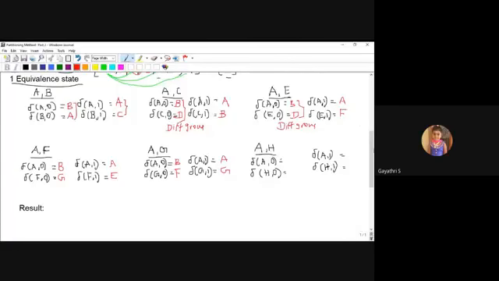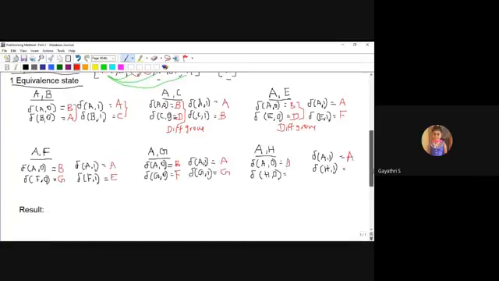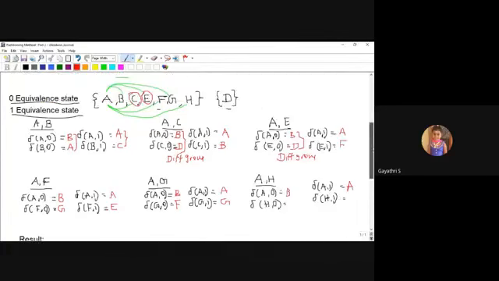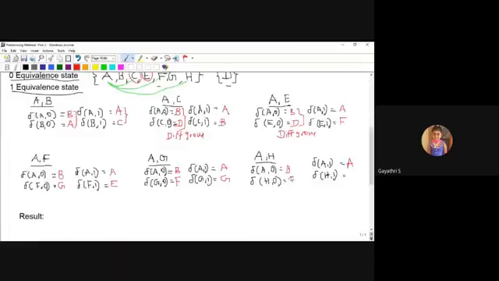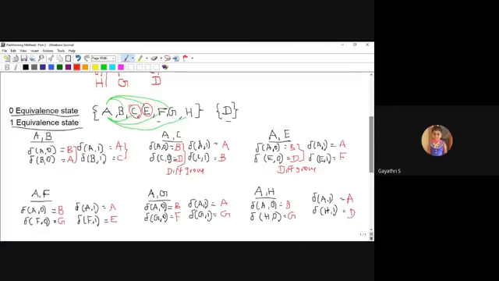So AG is also in the same group. Next, AH: A on 0 is B, A on 1 is A, H on 0 is G, H on 1 is D. So BG is in the same group only. So what about AD? It is in a different group, right?